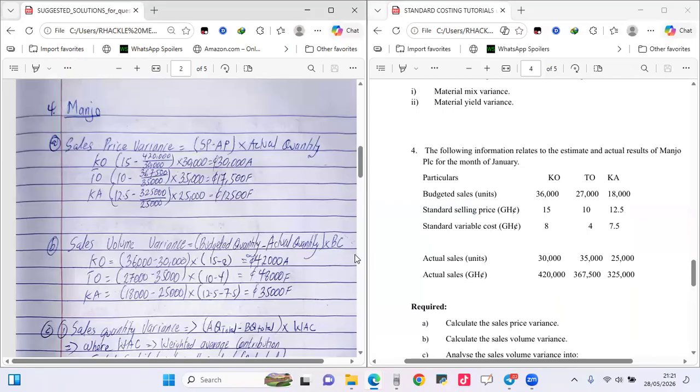If the organization should have been using absorption, we would have multiplied by the budgeted profit, right? So if it were the other way around for organizations that are actually using absorption, then we would have, well, how do I even say that? We would have actually used budgeted profit instead of budgeted contribution. All right, so